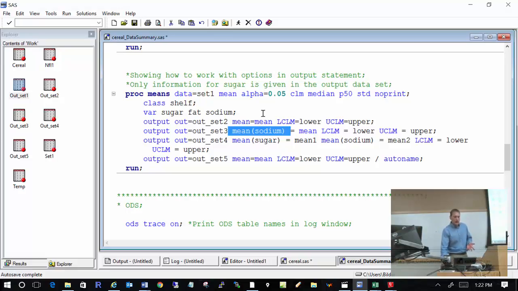So what I would like you to do on your own is look at the corresponding data sets that are created by using these output statements, so you can get a better feel for how you can create certain things from these data sets. This last one here